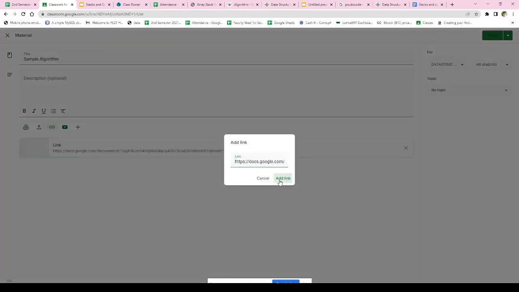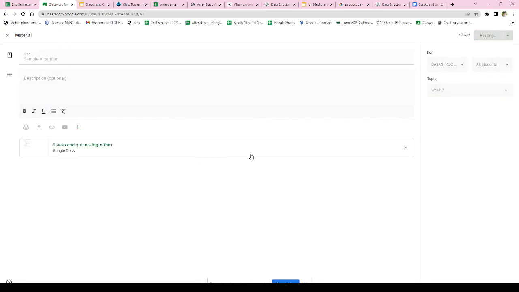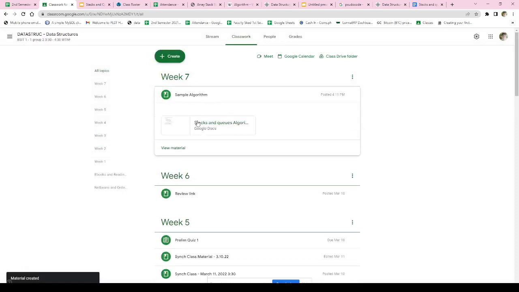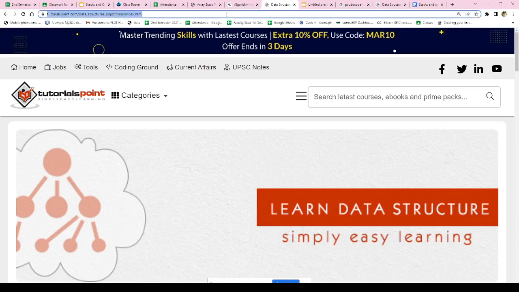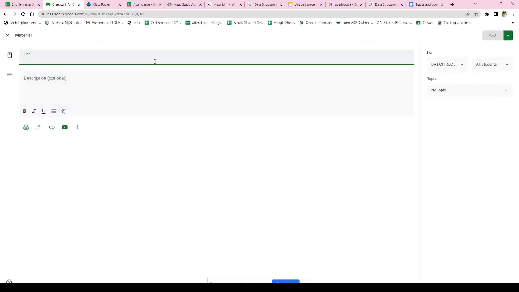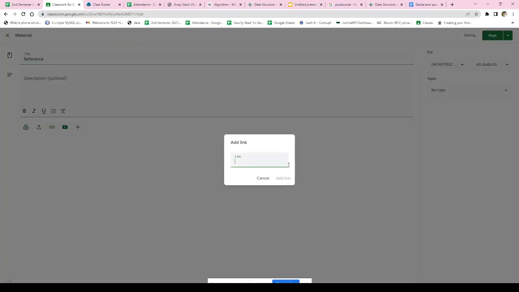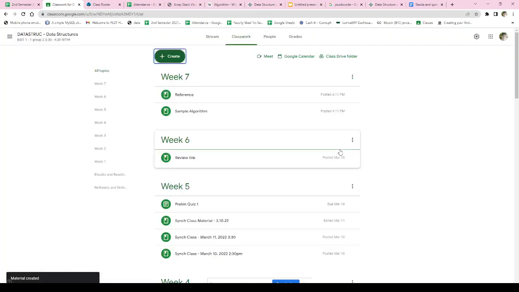I'll be sharing you with the Google Doc, and then as well as, by the way, this is our reference for the data structure reference there, and as well as our